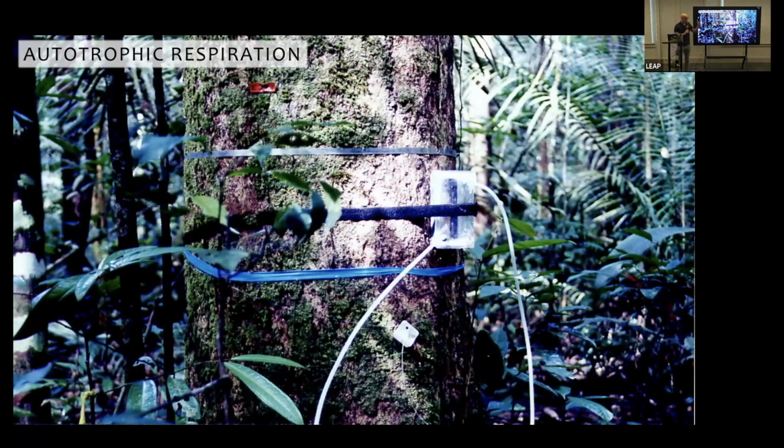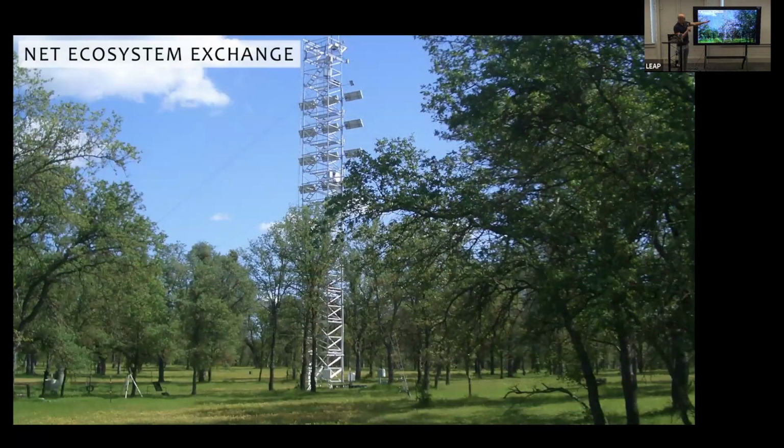How much carbon is stored in ecosystems is very important, especially as we are faced with increased droughts in which there's no photosynthesis, but plants are still able to survive because they have this stored sugar in their wood or in their roots. And so how long can a plant survive before it starves to death? And so ultimately, we're interested in the net carbon exchange between the land and the atmosphere. Are ecosystems a net carbon sink or a net carbon source? And that really determines the feedback to climate change.